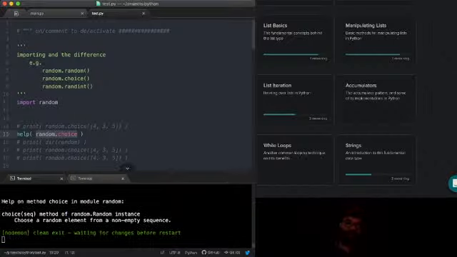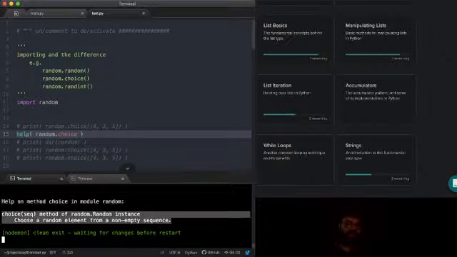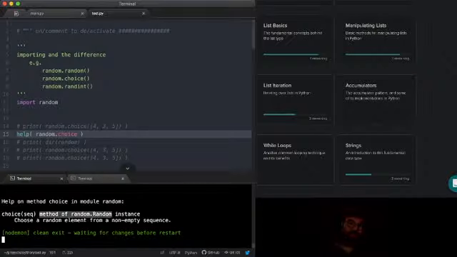This is going to access the internal documentation for choice. It says help on method choice in module random, which tells me where it is. And it says choice takes in a sequence. It's a method of the random.Random instance, and it chooses a random element from a non-empty sequence.